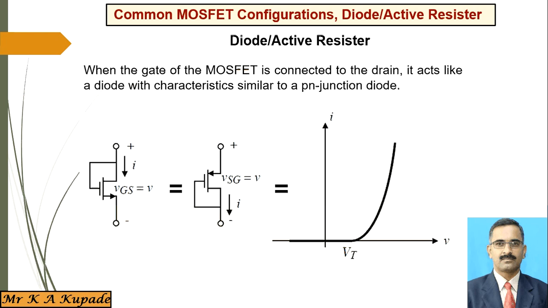Now, if you configure the MOSFET as a diode, you already know the construction of the MOSFET, right? It has a PN junction. The gate terminal has a silicon oxide layer over the silicon, so it acts as one kind of capacitance, with the gate and the P type or N type region as the two plates.